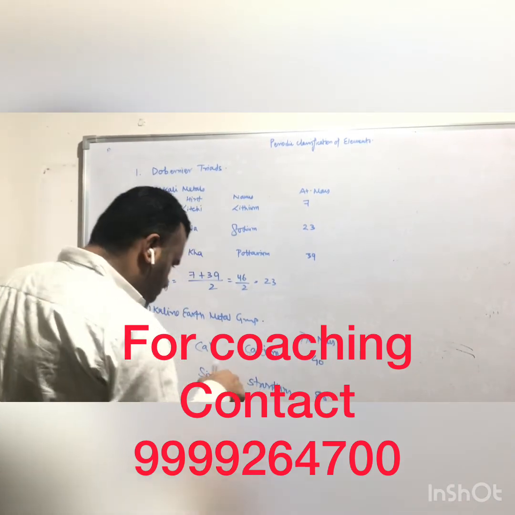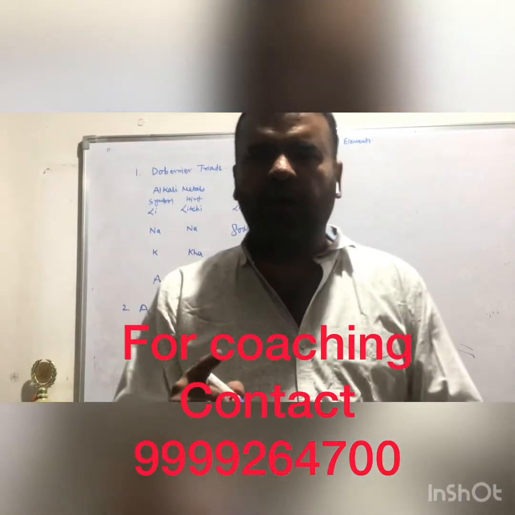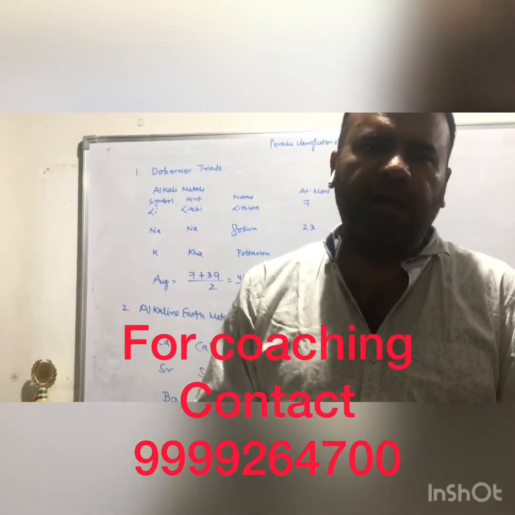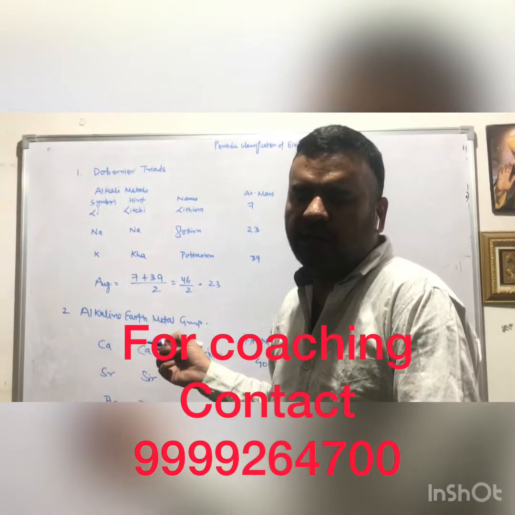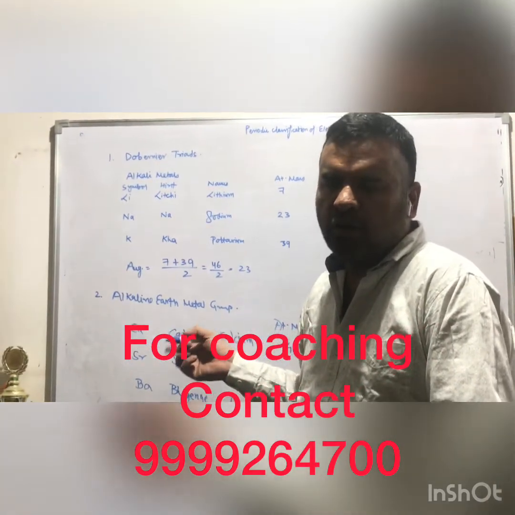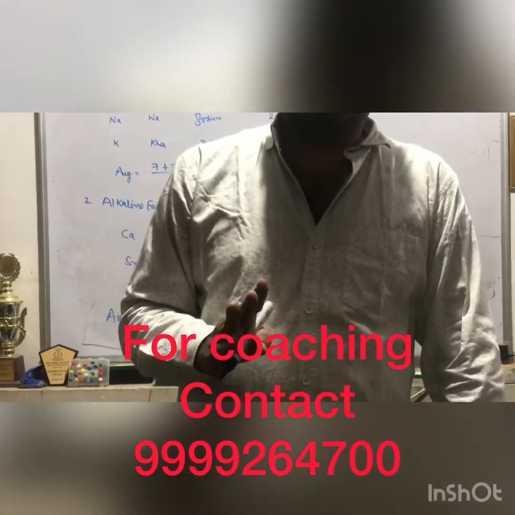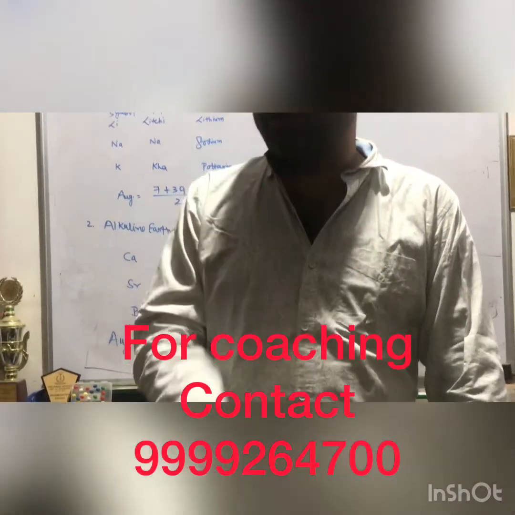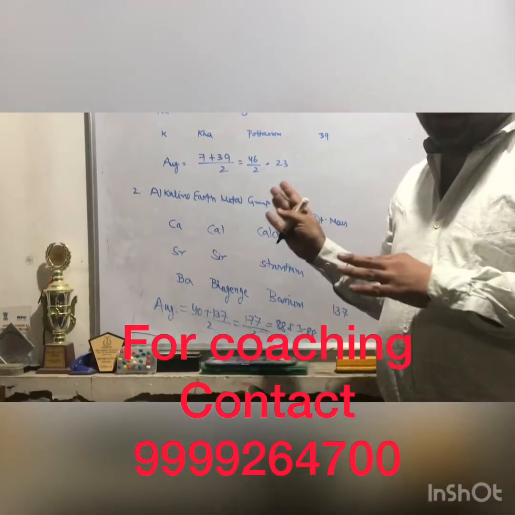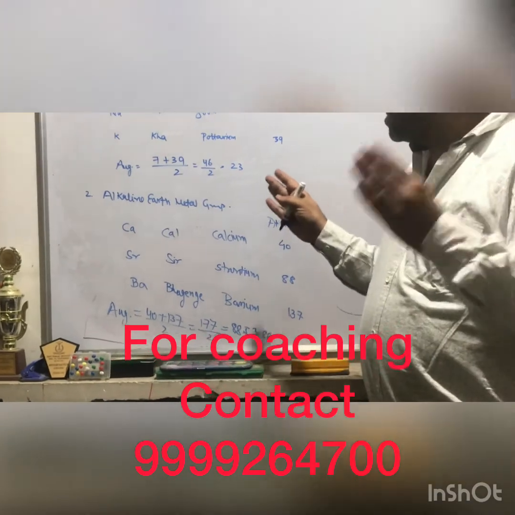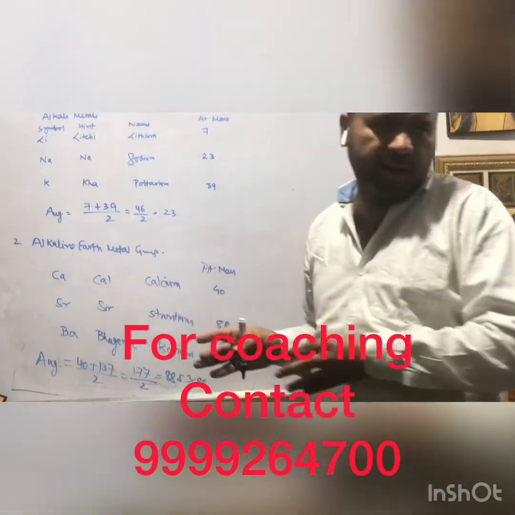Okay? You can see how Dobereiner worked; don't imagine that you are sitting in 2020, right? Imagine yourself sitting in 1817, and this work also took a lot of nights. Got it? I told you about 4 triads. If 17 elements were known at that time, he arranged 16 of them, right? And he arranged them according to his idea, that the average of the atomic masses of the extreme elements is nearly equal to the middle one. You are finding it correct.